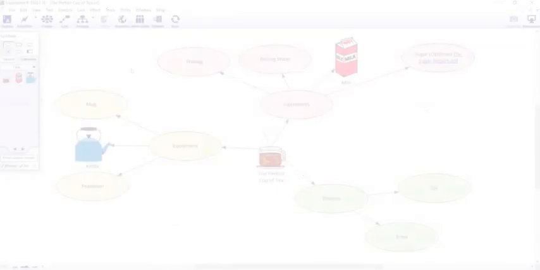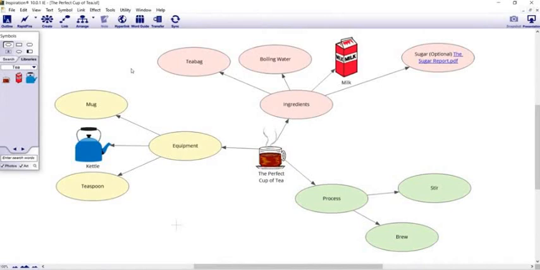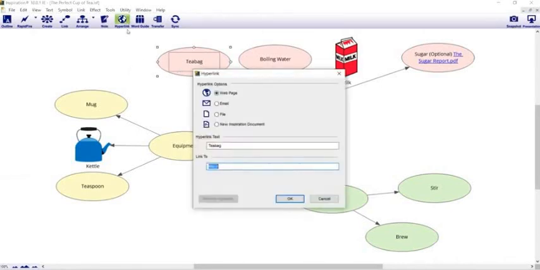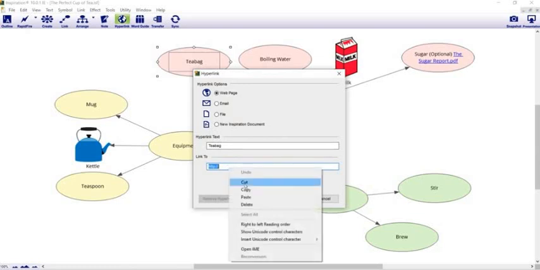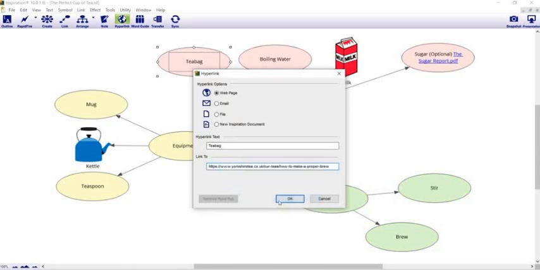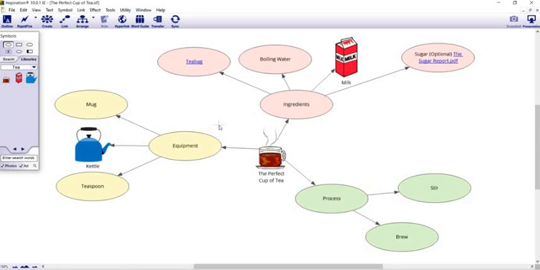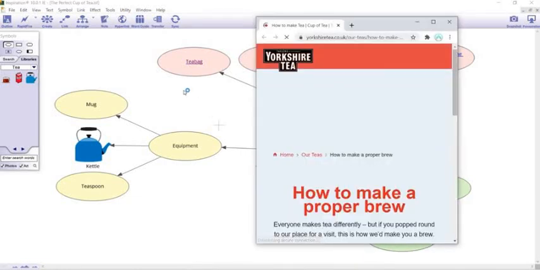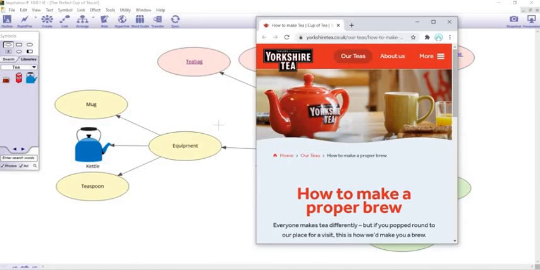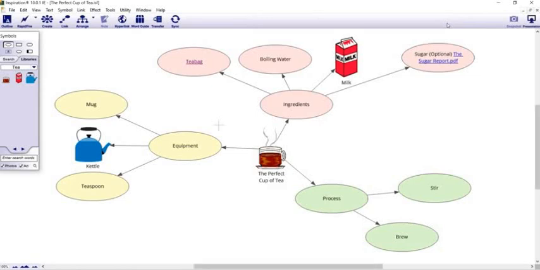For health consciousness. Okay, hyperlink, you can link a text with any web page, any document. You can hyperlink them as well, so that if anyone clicks on that link, that particular page will open. Okay, and they should have an active internet connection. So this is how it works.